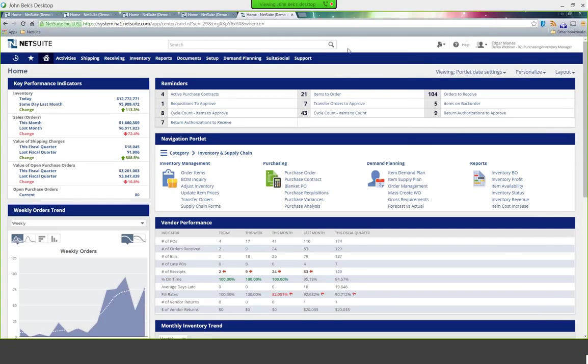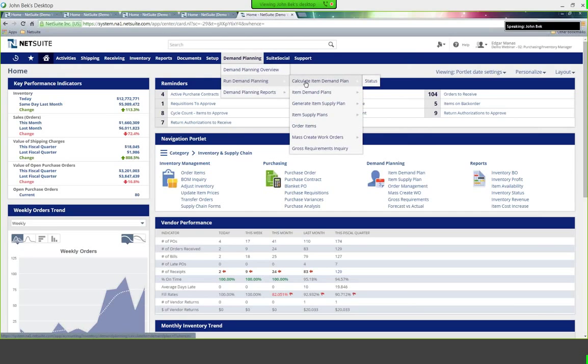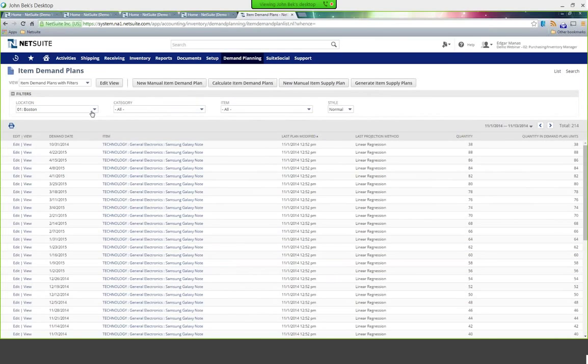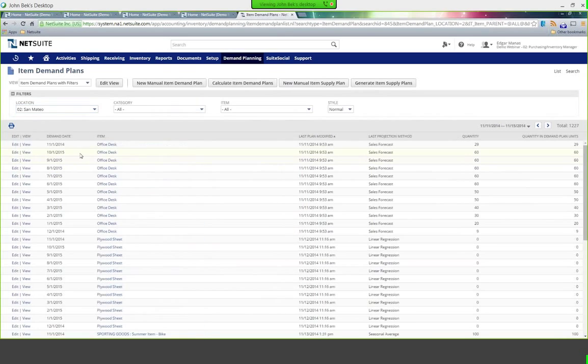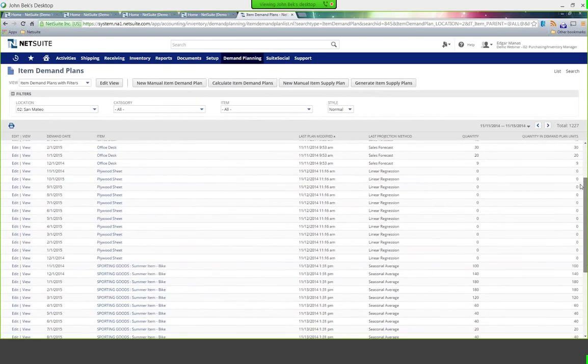Sure. There are different business models, no doubt about it, and there are certainly all different kinds of items, and the way that we plan for certain items may vary across organizations and even within an organization. So if I pop into demand plans and take a look at some of the demand plans that are out there, what I'm doing using a demand plan is using information that's in the system, either existing invoices and/or sales orders, and creating forecasted demand in the system using that information.